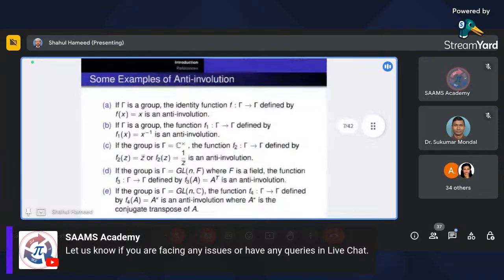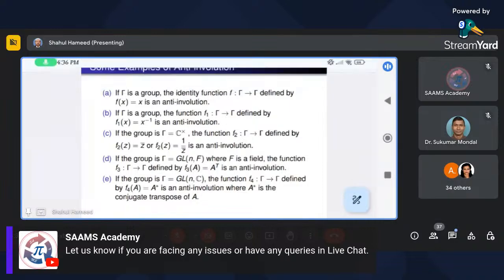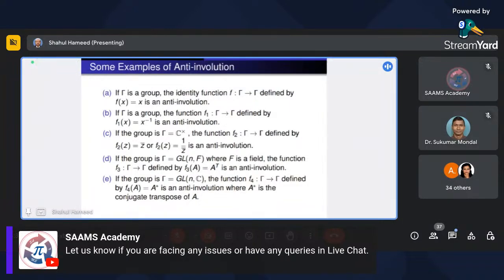Okay, these are some examples of anti-involution. What I want to say here, especially for the new researchers, is that while dealing with conjugate skew gain graphs, we have taken that function as f of z equal to z bar. That is there in example C. So let me begin with the first example. If gamma is a group, an algebraic group, the identity function f from gamma to gamma is f of xy be